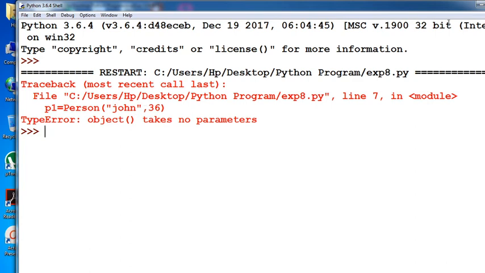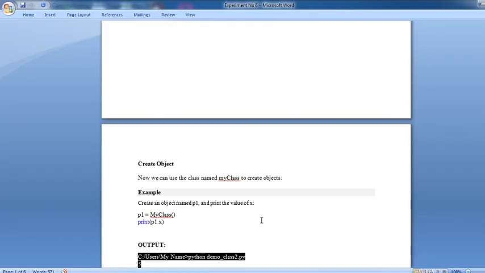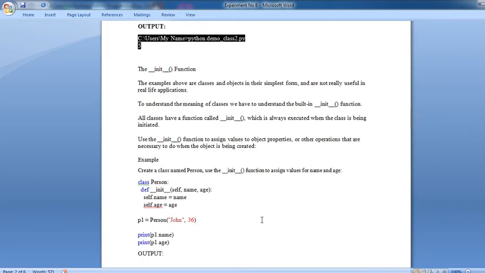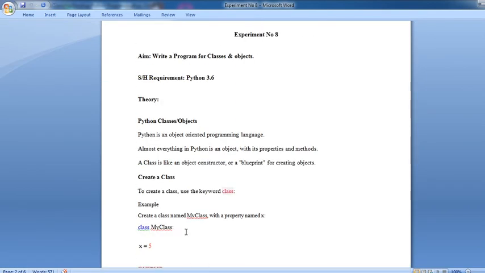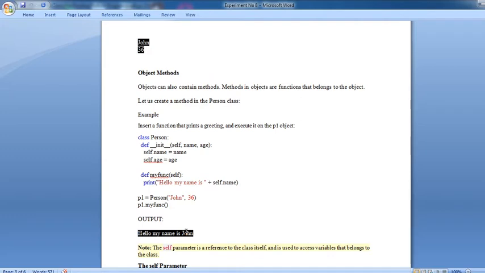That means here it is not taking a parameter for your particular object. Now see in your program, what is your program defining, p1 equals Person and name. Check here what value you are defining, that is my function name abc, that is plus abc.name.